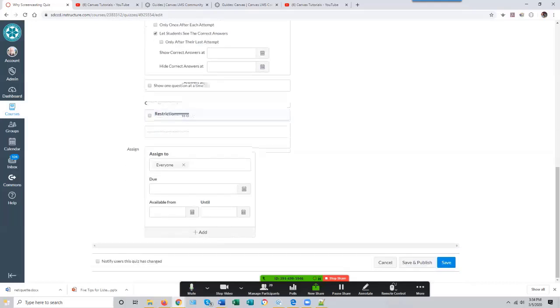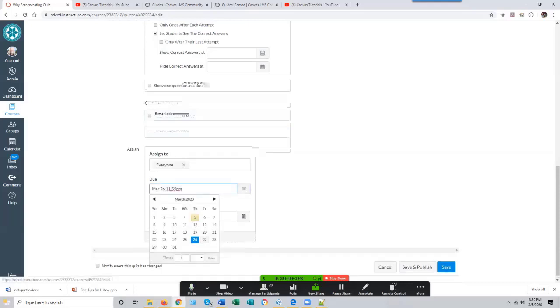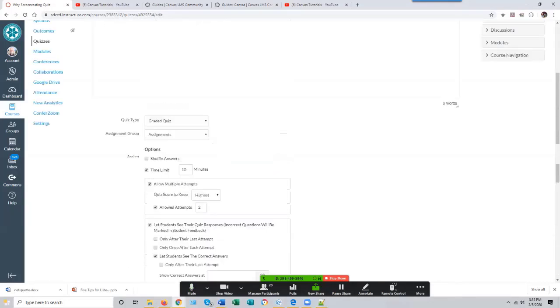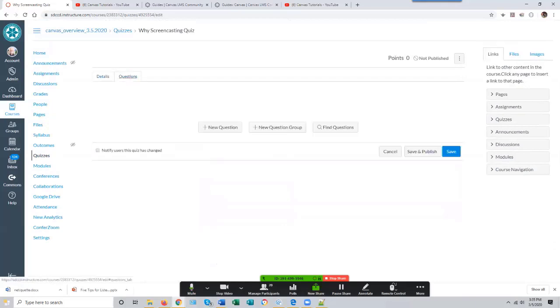So don't worry about quiz restrictions. You assign to everyone. You have due dates. And just like you had for an assignment, availability from and until dates and so on. Then we have the tab that allows us to actually add questions to the test. We can add questions manually from within Canvas. Or if we have question